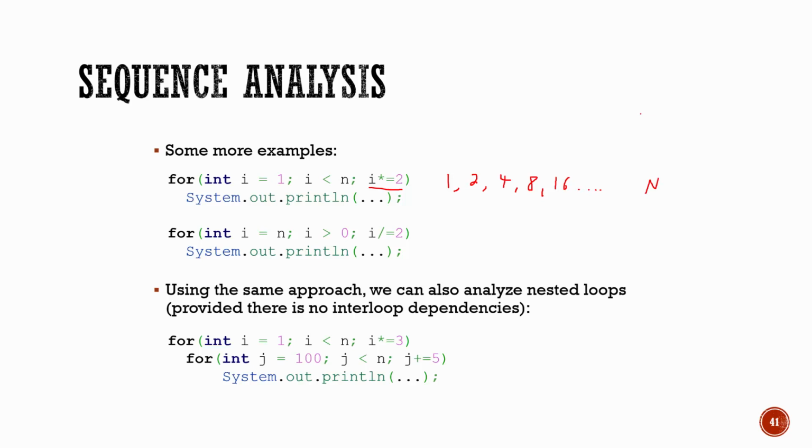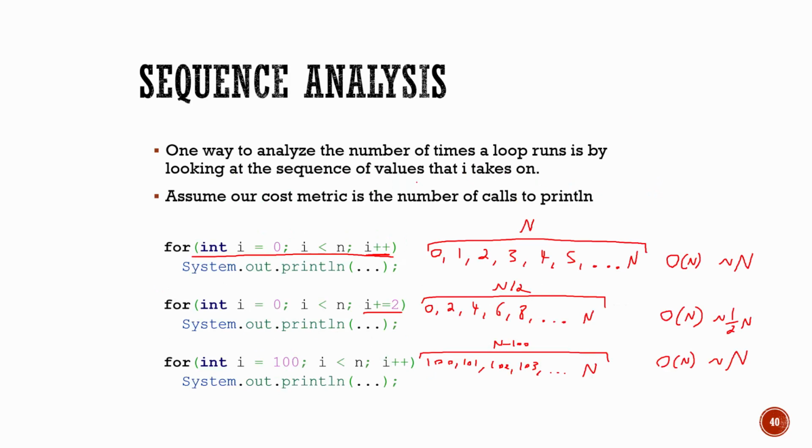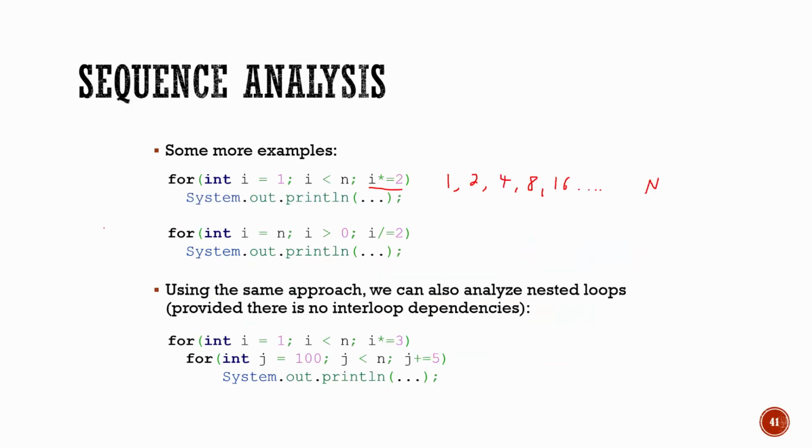So this is definitely a different sequence. One thing I'm going to really point out here is that in these examples, as we move forward, we are moving essentially a constant amount each time, right? So +1 each time or +2 each time. It's a constant amount. So it's not like I change the pace that I move towards my endpoint. It's always the same. Versus over here, I'm getting larger by a factor of 2 every single time. It's a different kind of feeling of progression, right? I'm increasing at an increasing rate.